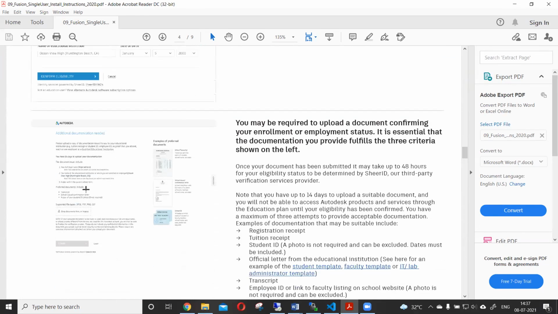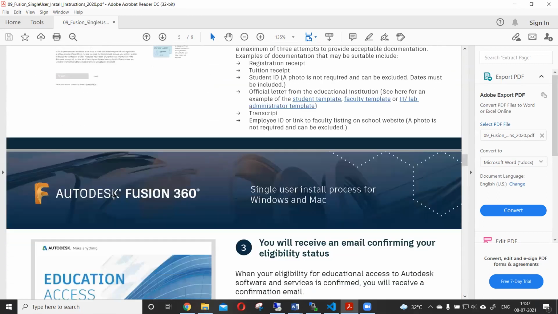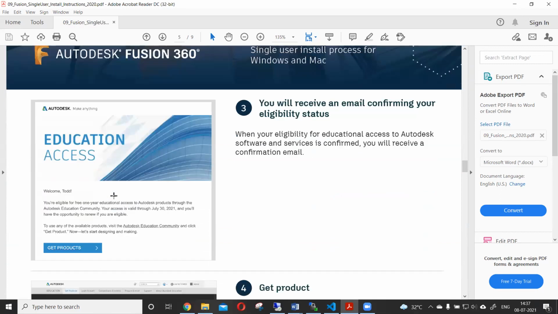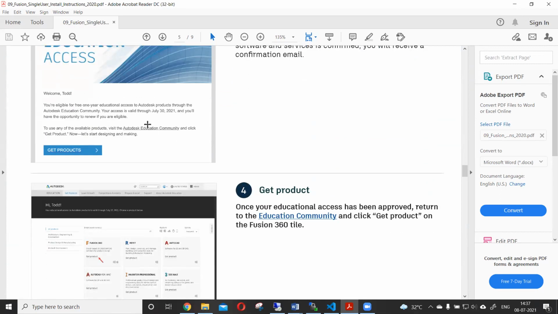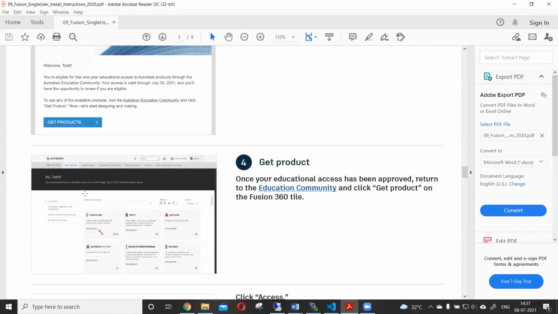Then it asks for a document: your mark sheet, any certificate from your institution, or your ID card. Just upload it. You have 14 days to upload that. But if you do not upload your document, you can't use your free or educational access.